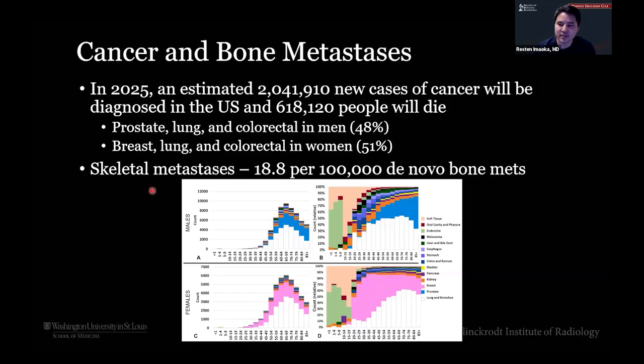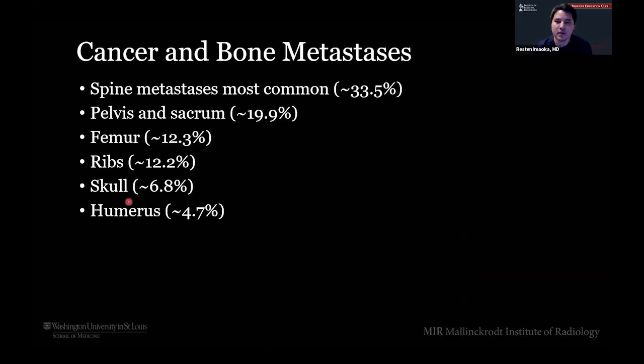The latest numbers based on data from 2021 say that almost 40% of people are going to be diagnosed with cancer at some point in their life, unfortunately. And when we talk about metastases, specifically skeletal metastases in general, for adults older than 25, the most common primary site is going to be lung, followed by prostate and breast. And for the younger patients, less than 20, those are going to be more of your endocrine cancers, soft tissue sarcomas. So why is our focus on spine today?